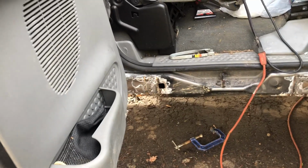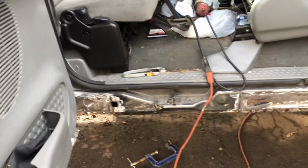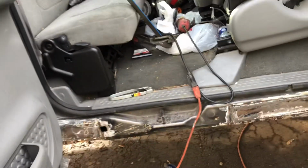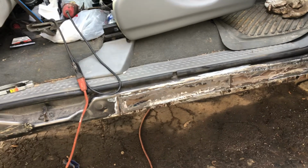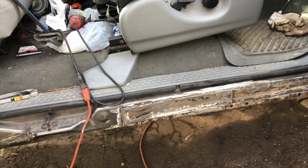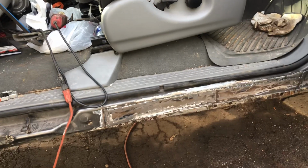So I don't ever want to have to do this again. So yeah, I think there's about 7 inches left out of a full stick of 1/8 inch by 3 inch plate. So if you go to do this and you don't want the aftermarket cap on deals, I think if I was going to do it again,